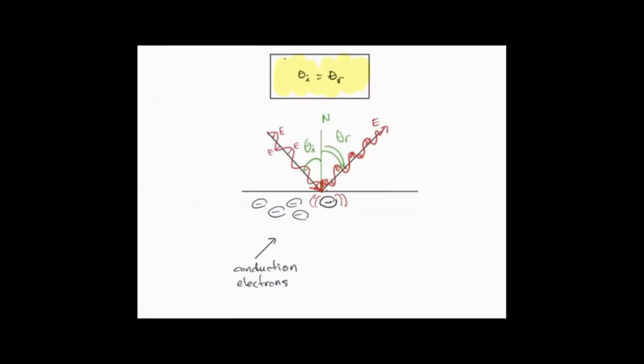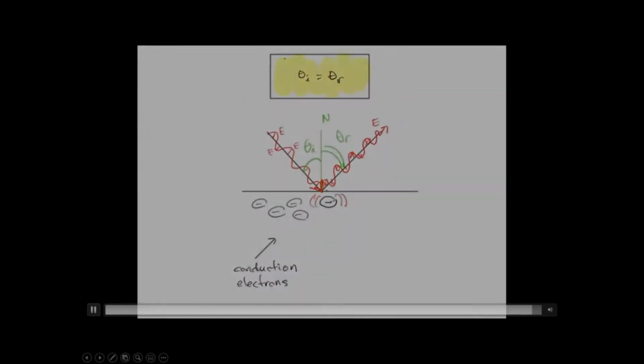Okay, so the question is, why is it that this electron, which is vibrating in this direction, ends up creating an electromagnetic wave which is being emitted only in this direction? And why is it that the angle of the reflection generated by this electron matches the incident angle? All right, so that becomes the question. Okay, so all of a sudden, this simple explanation, it's got holes in it, in essence.